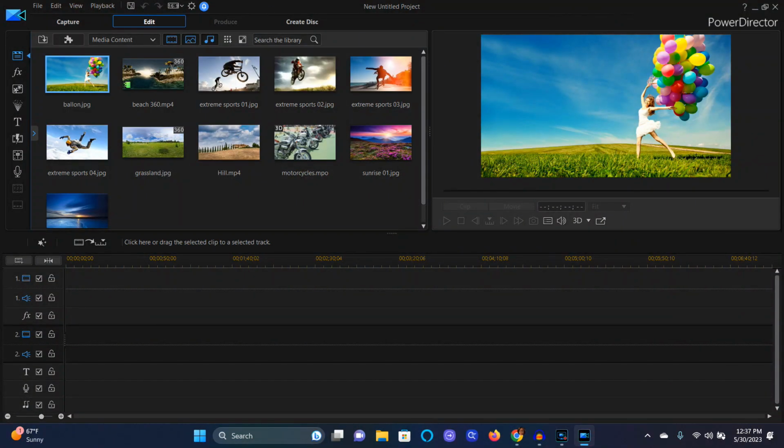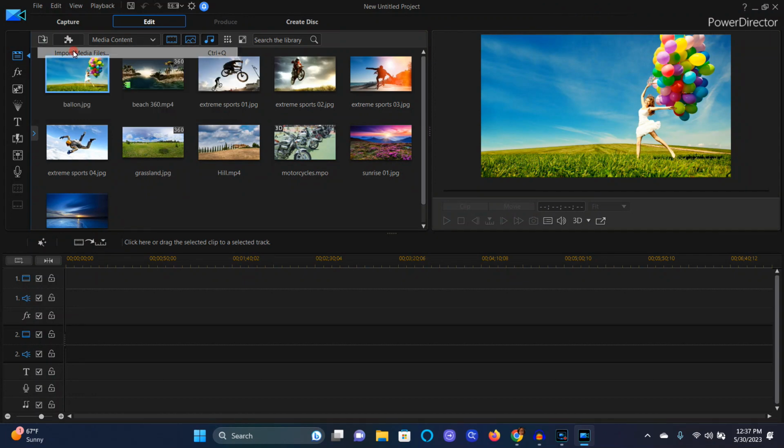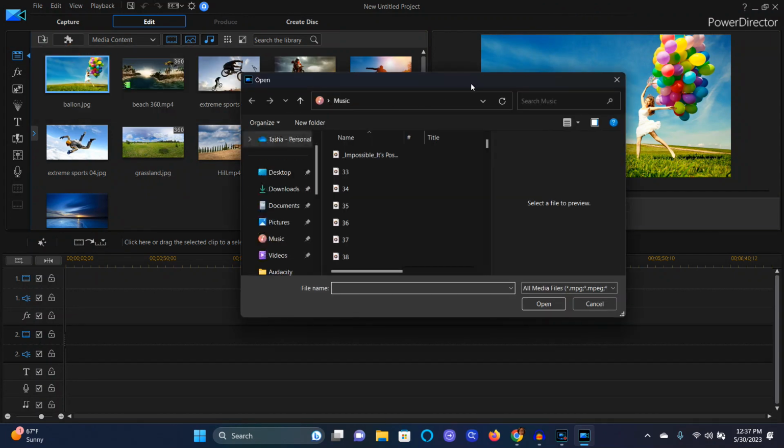I click back onto my Power Director program. And now I'm going to import it into Power Director, right? So I will click on this. There's a lot of steps. So you click on Import Media Files,